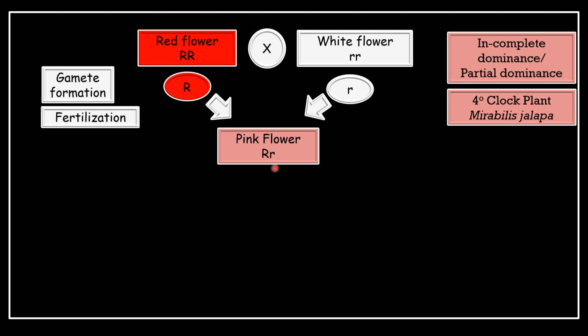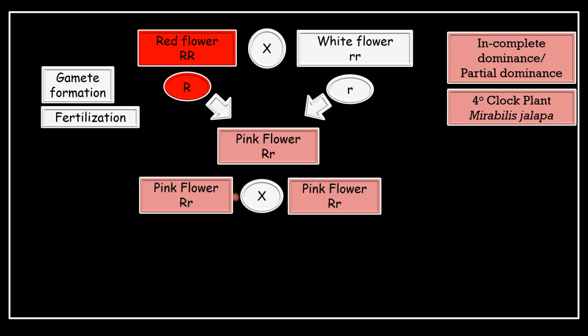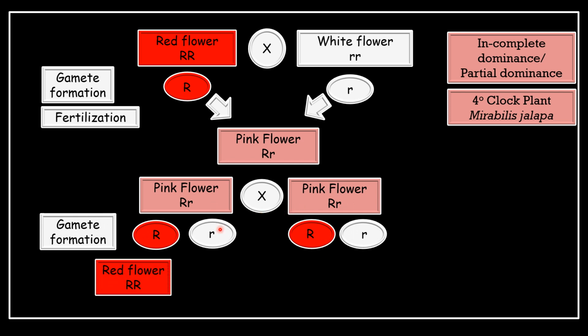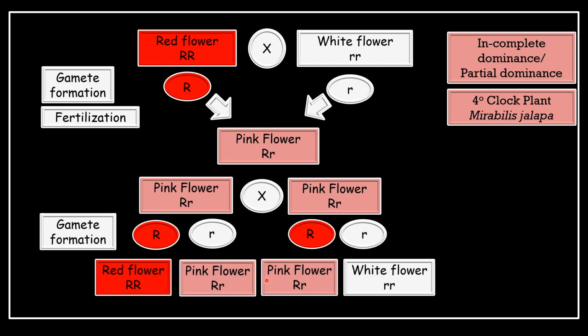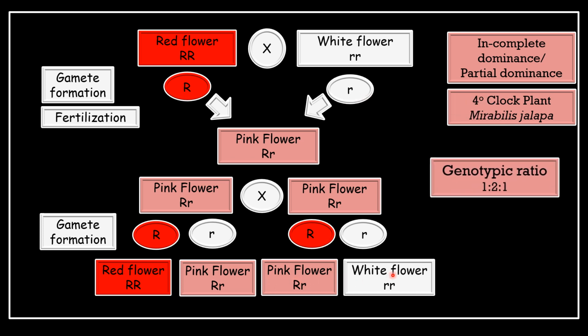Now in this plant, the plant produces neither red flowers nor white flowers, but it produces an intermediate colored flower, that is a pink flower. So what is happening here? The R gene and the r gene are expressed partially. Therefore, this is an example of incomplete dominance. Now, when we cross such pink flowered plants with itself, it results in the formation of one red flower, two pink flowers and one white flower.